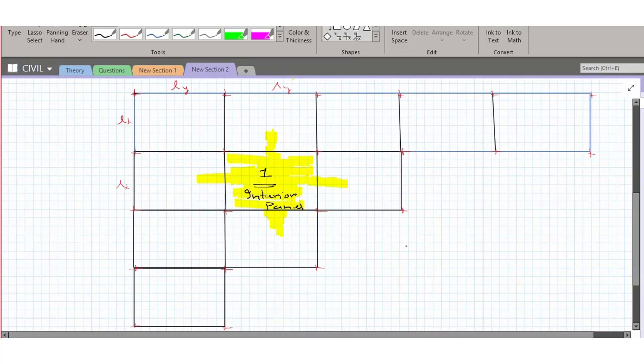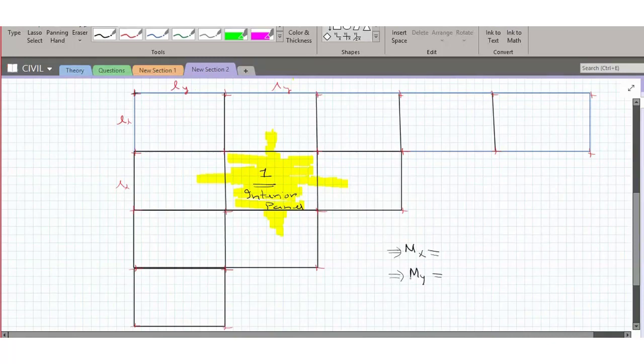So obviously you need to compute the moment spanning about the x direction and the moment spanning about the y direction. So how to compute this mx and my? Because if I can compute mx and my, the calculation of steel is quite simple, and later, depending upon the steel, I'll know how to provide it. So how to compute this mx and my?